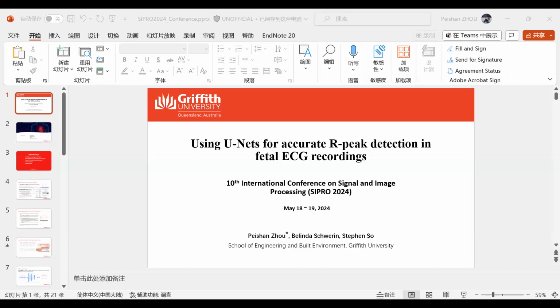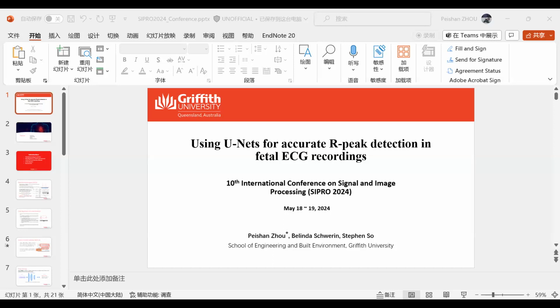And in that morphology, the RPIC clearly has the highest amplitude, which makes it the most obvious peak in the fetal ECG signal. But the accurate detection of the RPICs is essential for analyzing things like the QRS complex, fetal heart rate,